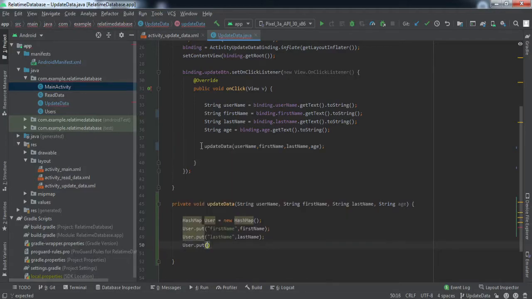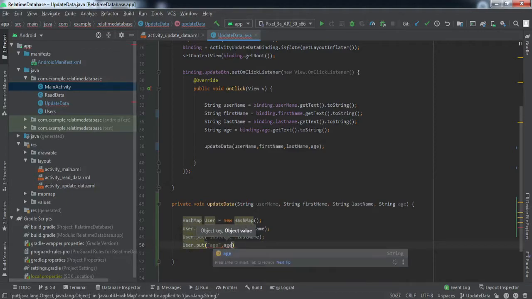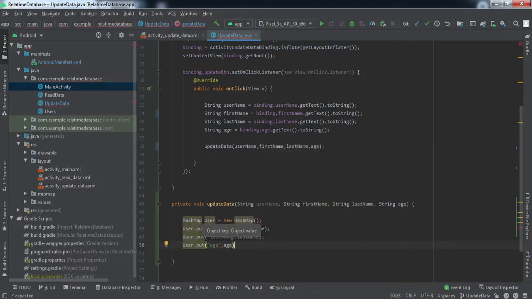User dot put. The third thing is age, I guess, right? So we do not want to update the username because we want to keep it intact.